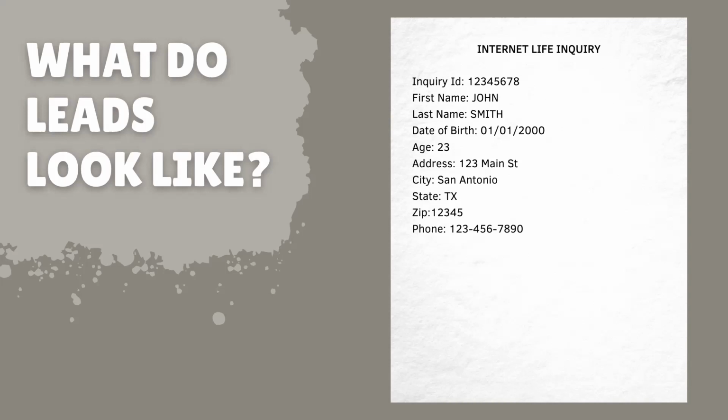So if you're saying, yeah, is this John Smith? And they're like, yes, this is. And you say, okay, well, I was just reaching out about a form that you filled out online in regards to state regulated life insurance. I just got your paper. I just wanted to verify a little bit of information to make sure it's you. I have your date of birth as 1/1/2000. Yes. I have your age as 23. No, that's not right. And it immediately kind of chips away a little bit at your credibility